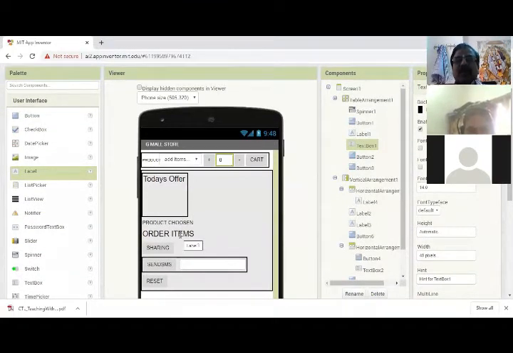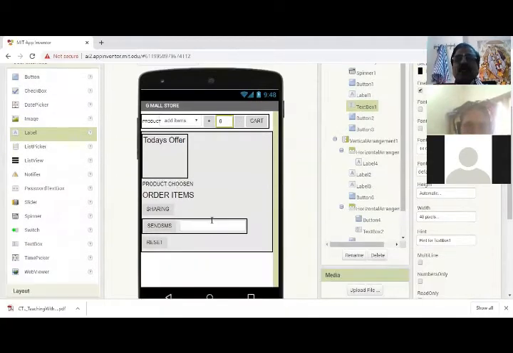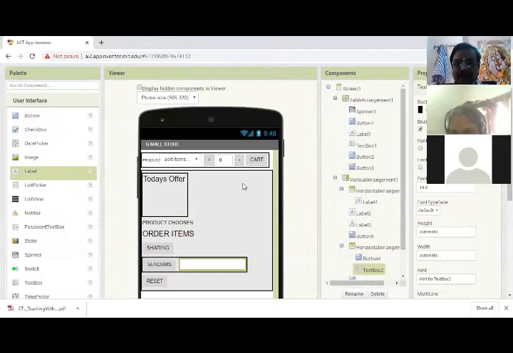I will show the block diagram so that you can easily understand. I am using 2 different media components, or sharing components. One is sharing, using which you can send the information through Gmail, WhatsApp, or whatever application is on your mobile. The other one I am going to use is send SMS using a mobile number. Then there is reset. So these are my front end design.